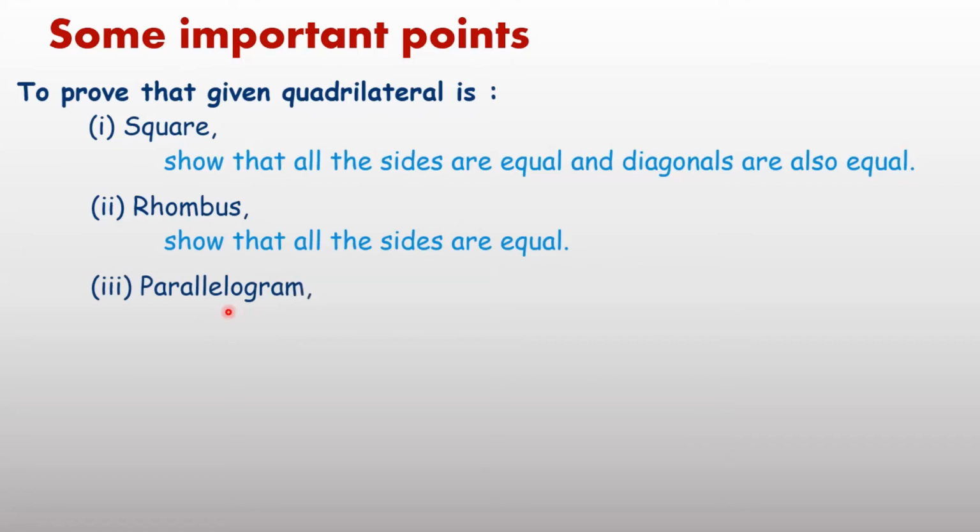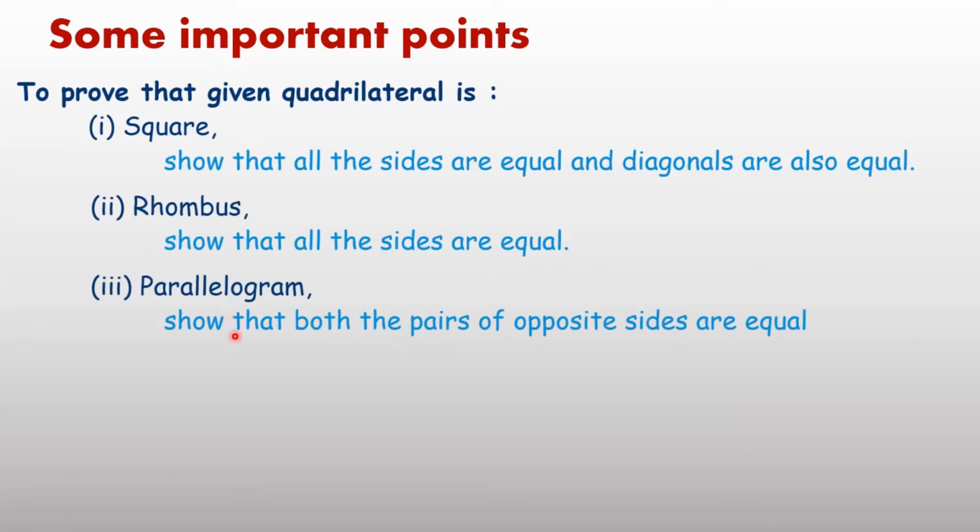Now parallelogram. Parallelogram means opposite pairs of sides are equal. Therefore, if both pairs of opposite sides are equal, then it is a parallelogram. Our second option to prove a parallelogram: diagonals bisect each other. It implies the midpoints of both diagonals have the same coordinates. The second option or the first is very easy. Find out AB, BC, CD and DA. If opposite sides are equal, it implies it is a parallelogram.